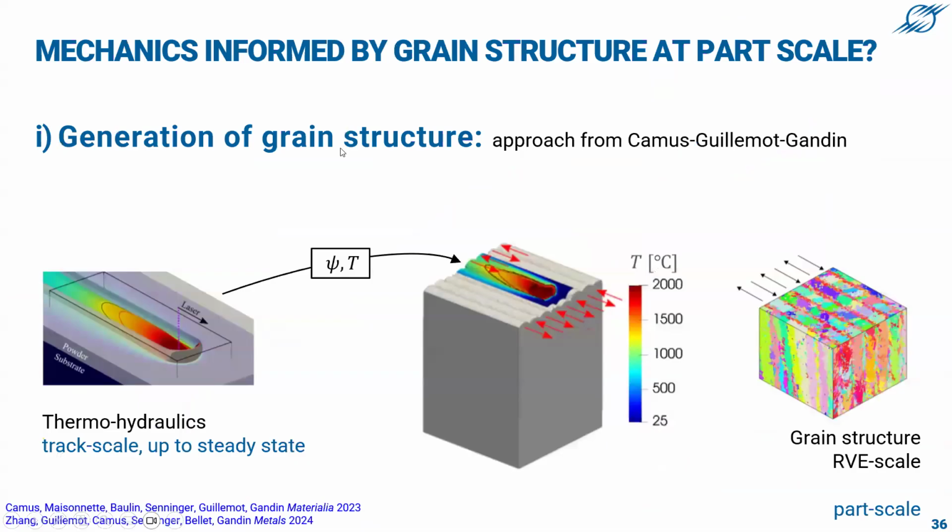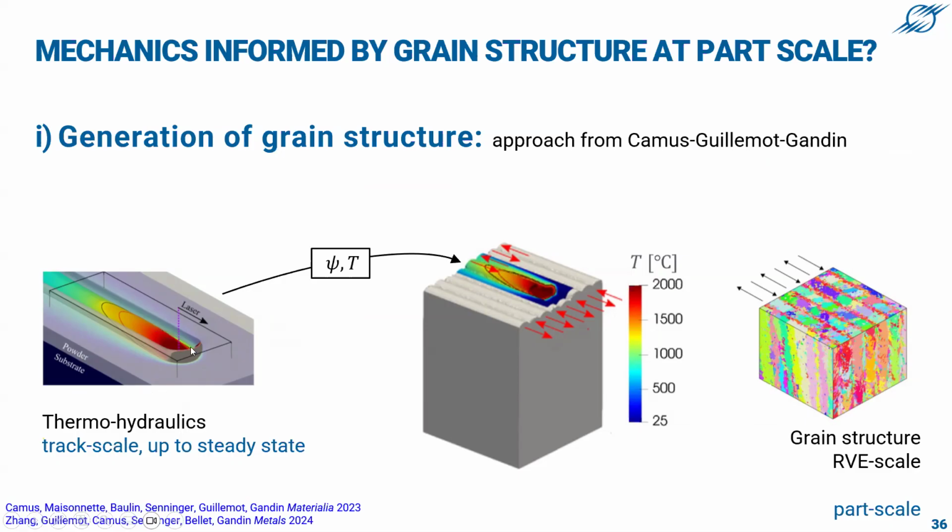Okay, and what we are doing at CEMEF is also to think about informing thermomechanics at part scale by grain structure. So this is a challenge because it's not easy to generate grain structure at part scale. It's easier to do that by CA at track scale, but at part scale it's more difficult. And here is an approach that has been proposed by Camus, Gilles Daguillemot, and Charles-André Gandin. It comes from